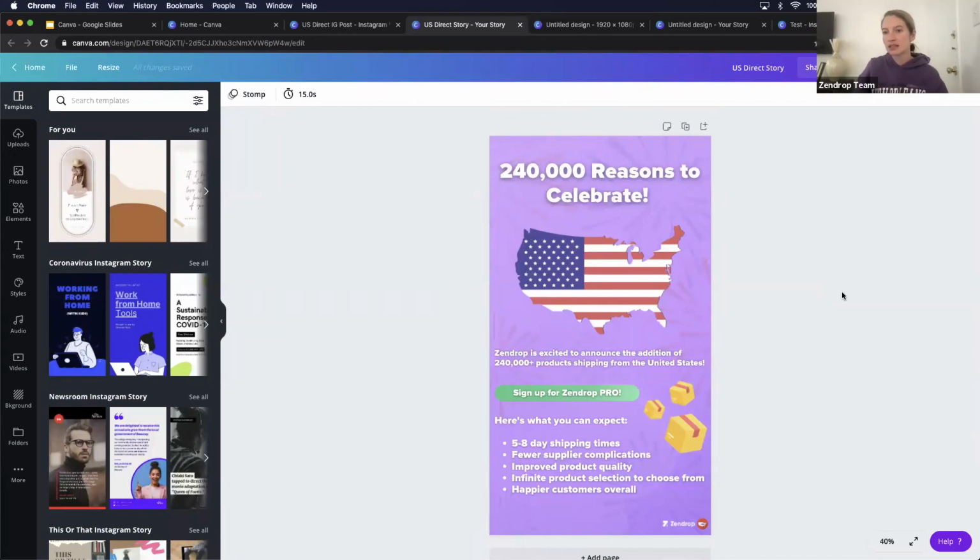Terry asks, can you store your own elements online with the regular Canva, or should we have the premium to do this? You do have to have a premium account in order to store your own elements and upload your own files. But again, it's so much cheaper than Photoshop. That's why we love it so much, with a lot of different capabilities. So it's definitely worth the upgrade.